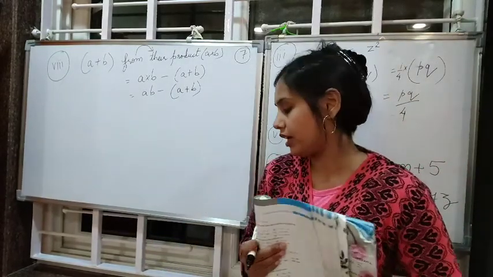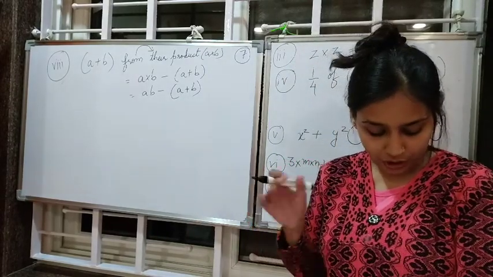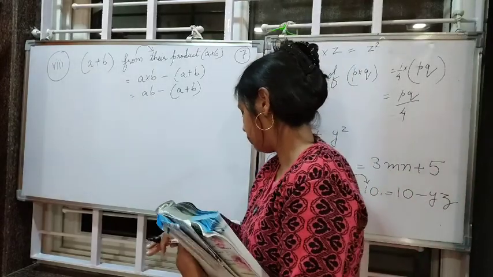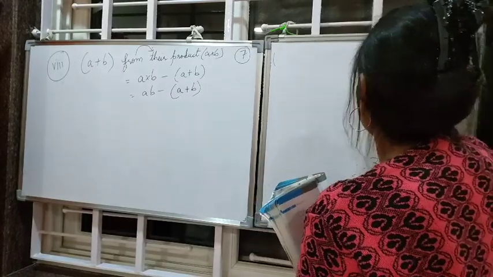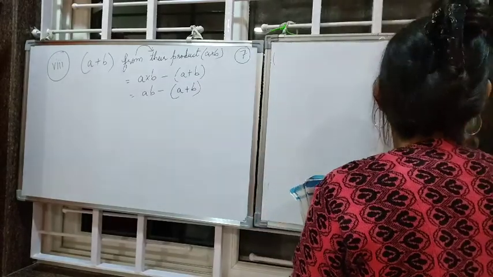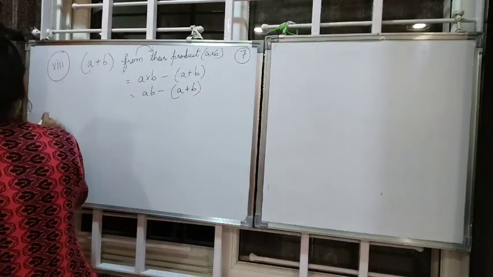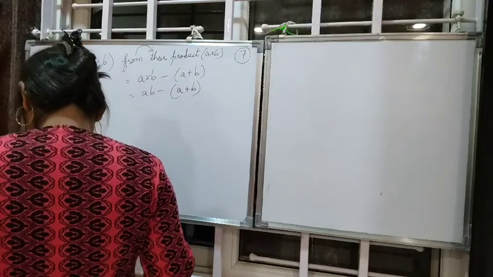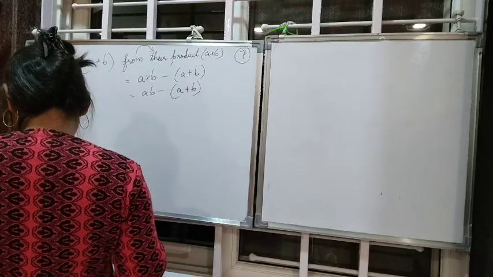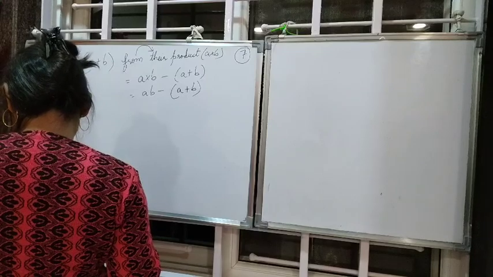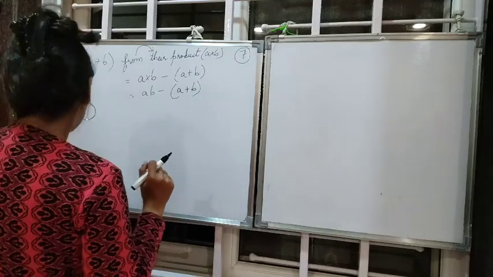Children, now we are going to write the 8th part of the first question. Now we are going to start question number 2. Question number 2, first one: identify the terms and their factors in the following expressions. Show the terms and factors by tree diagram. So we have to draw the tree diagram. We did this in our last video.